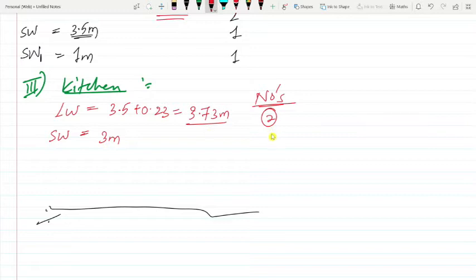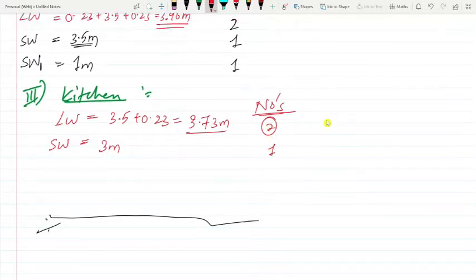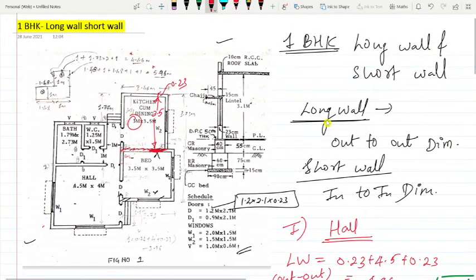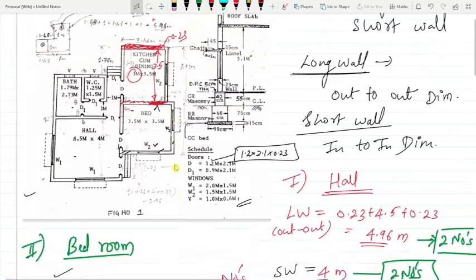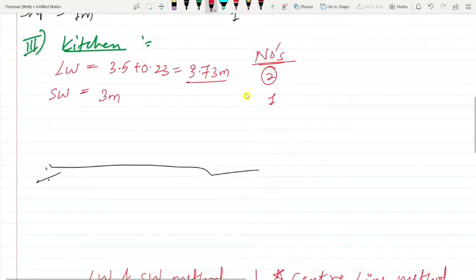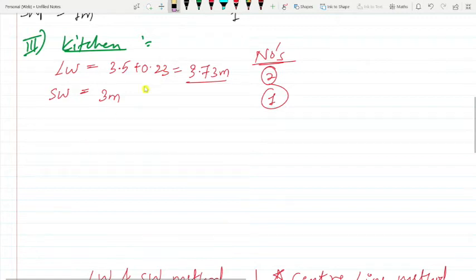Again the number for the kitchen short wall: just see, there is only one. Only this portion is my short wall. There is no 2, only 1. So the number is 1. Now let's calculate.